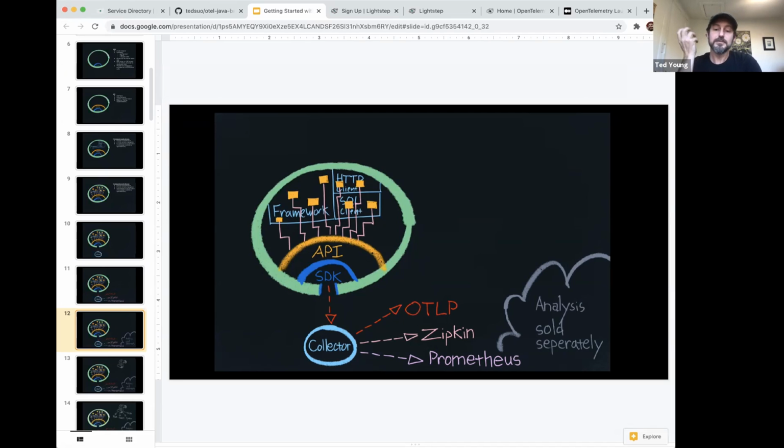The reason why we don't ship any analysis tools directly baked into OpenTelemetry is, again, we see this as a standardization process. We want to basically define a standard language for describing distributed systems. So that's OTLP, an actual structured language for describing distributed systems. And so we think you can standardize how systems are describing what they're doing. But when it comes to actually analyzing that data or doing something useful with it, that's not really something you would standardize. That's actually the area where we want to see a lot of innovation and competition.